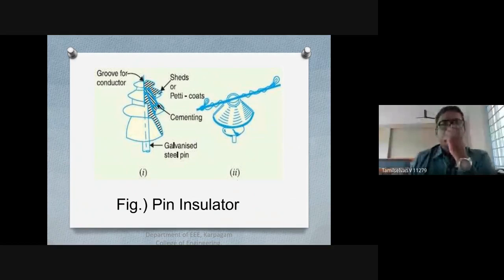See here, these are the parts of your insulators. See here how it is grooved. So we have this for the conductor. So this is your